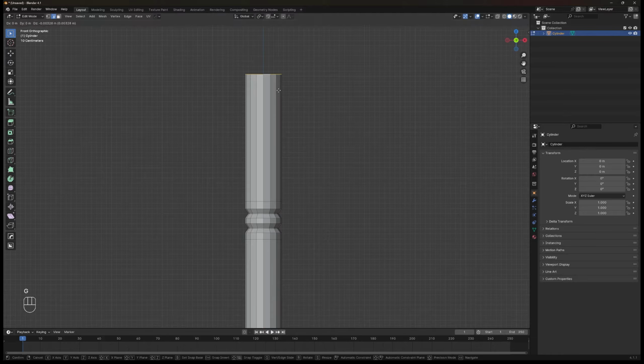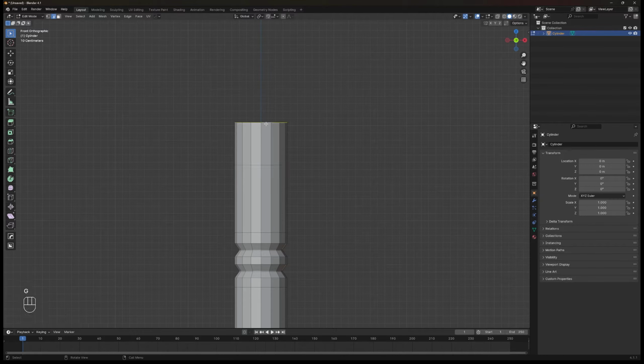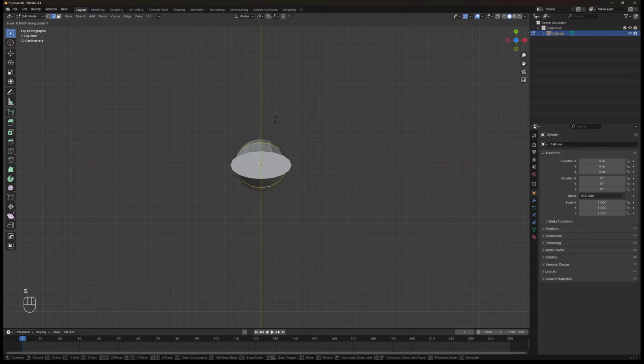Adjust the edge of the top face, then spring a loop cut on the middle of it. Select the top face, then scale it on the X and Y axes. Scale the middle edge loop too until it forms a hierarchy, sharp on the tip and blunt on the bottom.